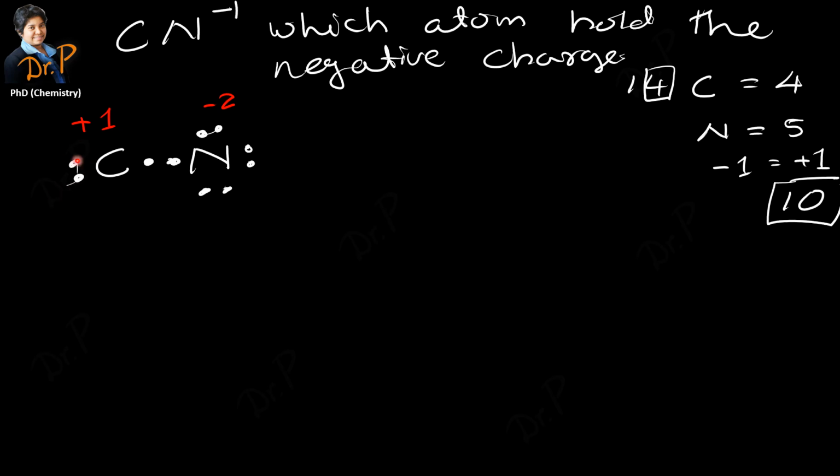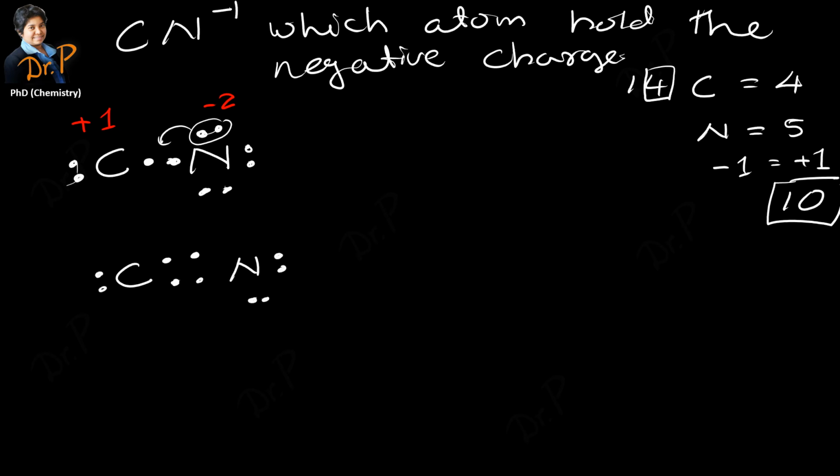So if you move this pair of electrons to the center, it is not going to help carbon, because carbon really needs to complete its octet, and if you share this again with nitrogen, it is not going to help. So you have to think that if you are moving any pair of electrons, it should be from nitrogen. So I'm going to move a pair into the center like that. Now I'm going to come up with a layout